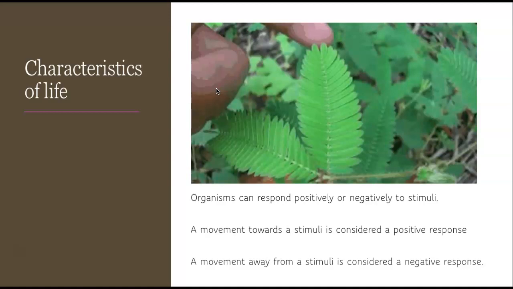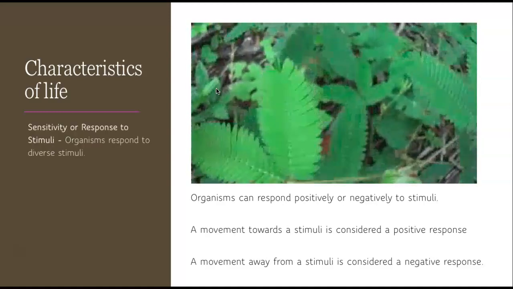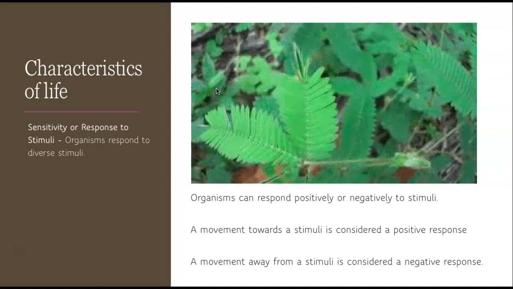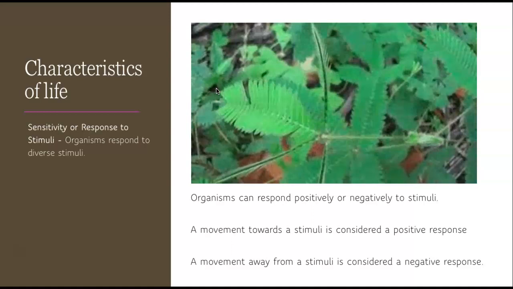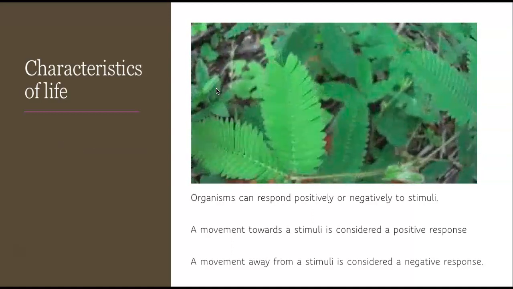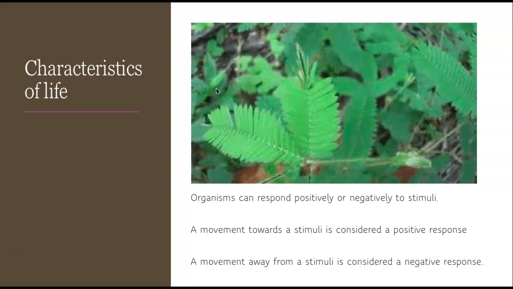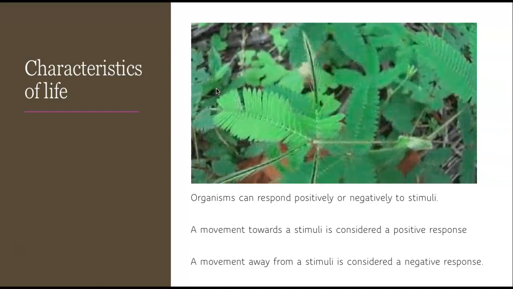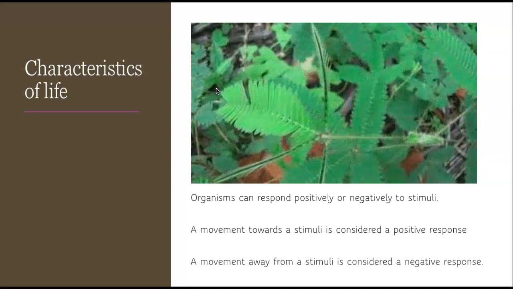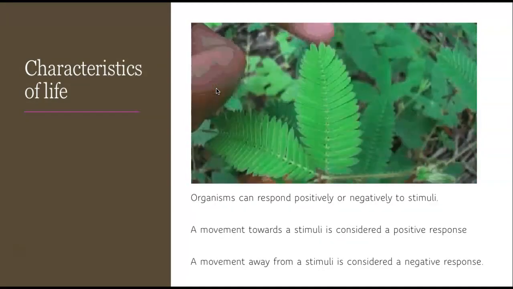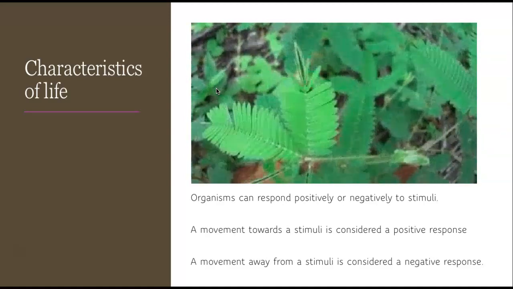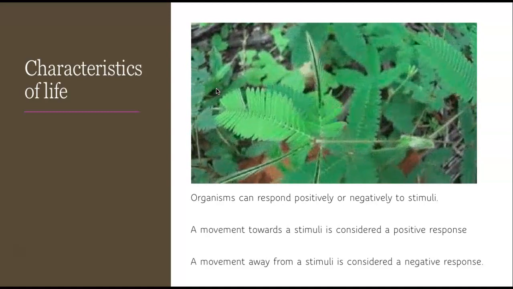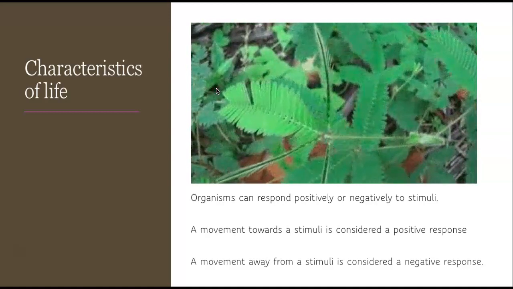What's the next? The next is something called sensitivity or response to a stimulus. And here you see a mimosa plant, sometimes called a sensitive plant. And if I can get this to run again for you, you can see that it responds to a touch, and it closes up its leaves. This response evolved due to defense against herbivory, and that is getting eaten by bugs or perhaps other animals. So if it feels a touch, it would think that a bug is landing on it to eat it, and it closes up.